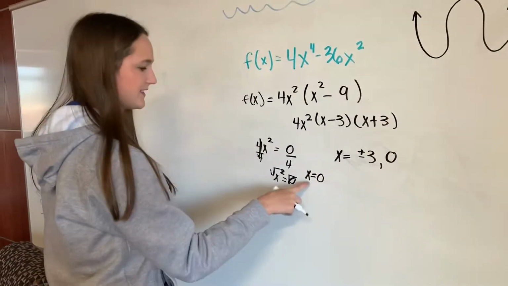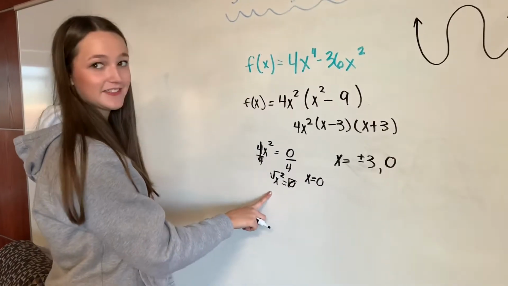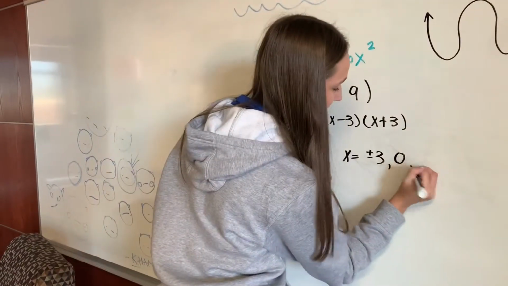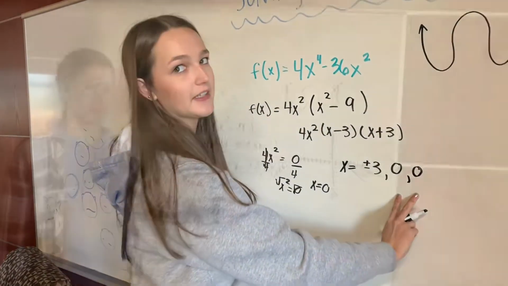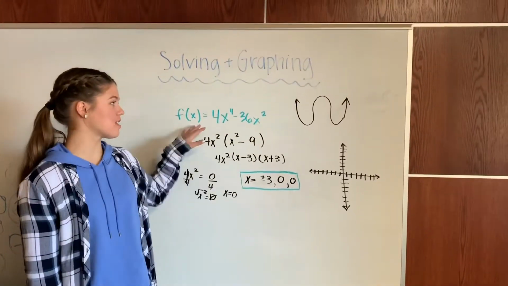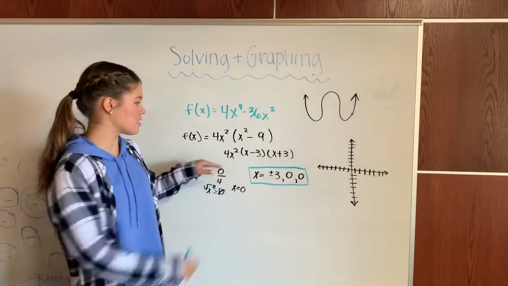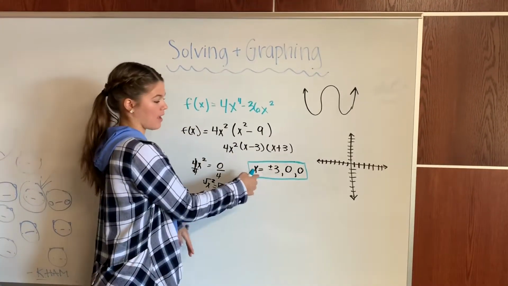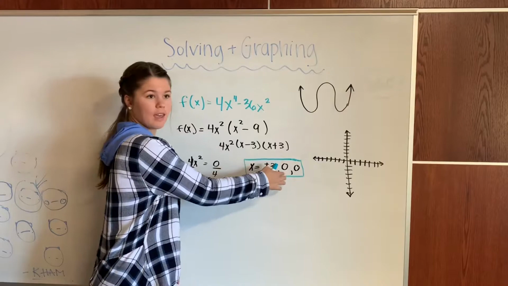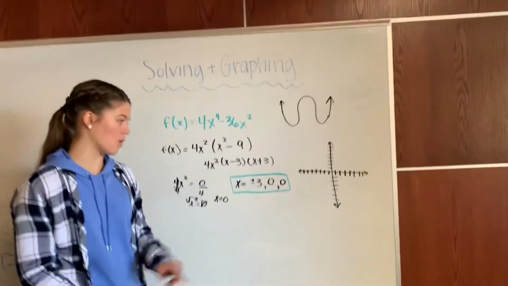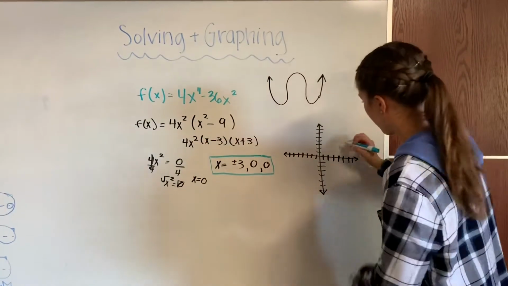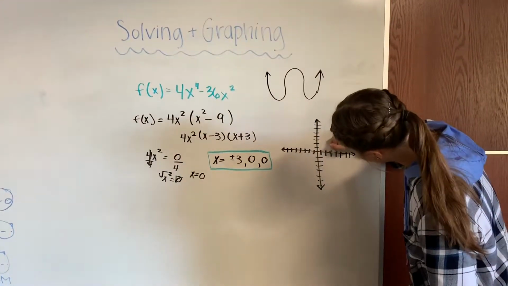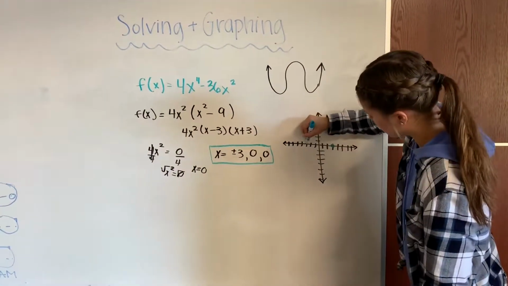And then since it's an x squared, it's going to be 2 zeros. And we'll find out later that those are actually important in your graph. So now that we have our solutions to this polynomial, we've set each of these terms to 0 and found out that x equals plus or minus 3 and 2 zeros. So we're going to plot these points. So x will equal positive 3, 1, 2, 3, and put a point there, negative 3, 1, 2, 3 there,